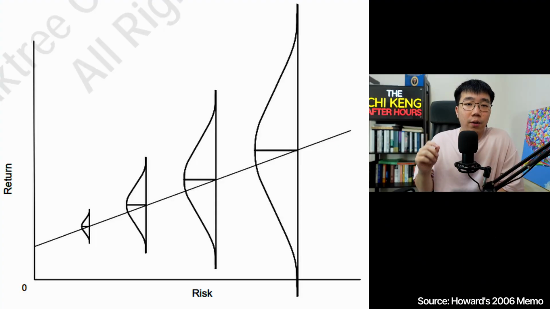Therefore, this third chart from Howard Marks's 2006 memo defining risk is probably much more accurate. Riskier investments are those where the outcome is less certain, not because it is more volatile. And this just means that the probability distribution of the outcome is far wider, and you can't determine accurately how it would play out. Therefore, it is true to a certain extent that riskier investments should entail higher expected returns to essentially compensate the person for this uncertainty. But it also means that there is a larger probability of both lower returns and even cases of losses.